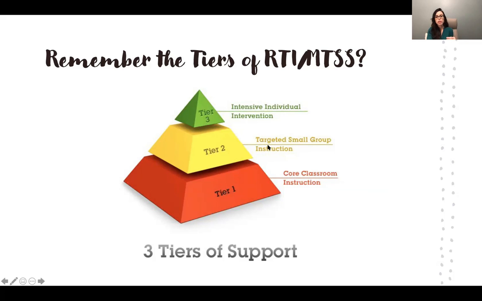Tier 2 is a little bit more targeted. These are small groups. It's not one-to-one yet, but it's maybe 4 students in a group and you're teaching them similar tasks that maybe they're all struggling at. Tier 3 would be that intensive one-on-one, high-level interventions, which typically there's an RTI person in your school who will do this,